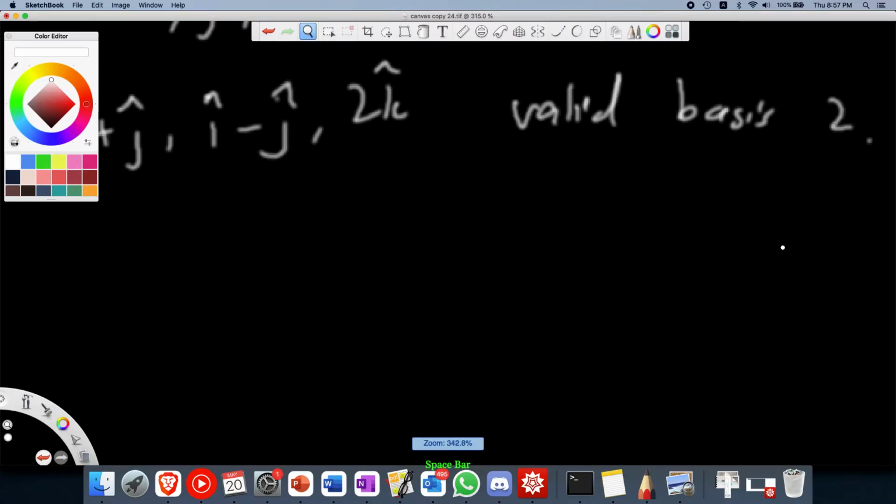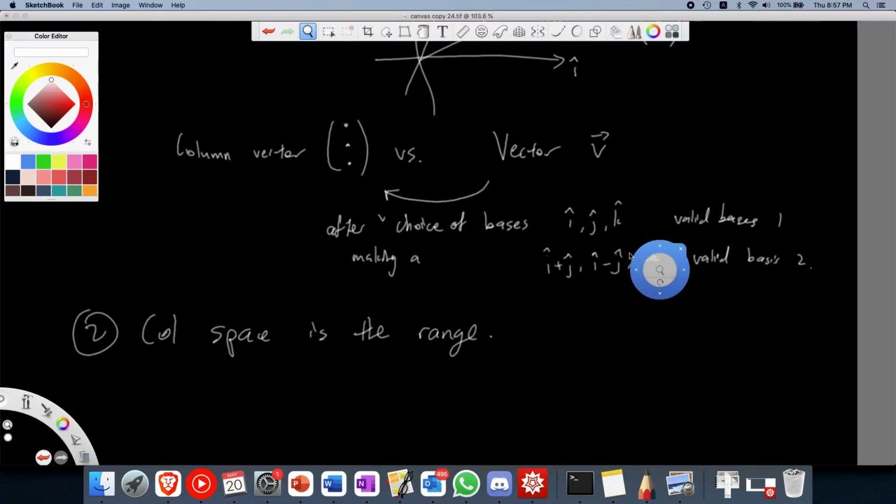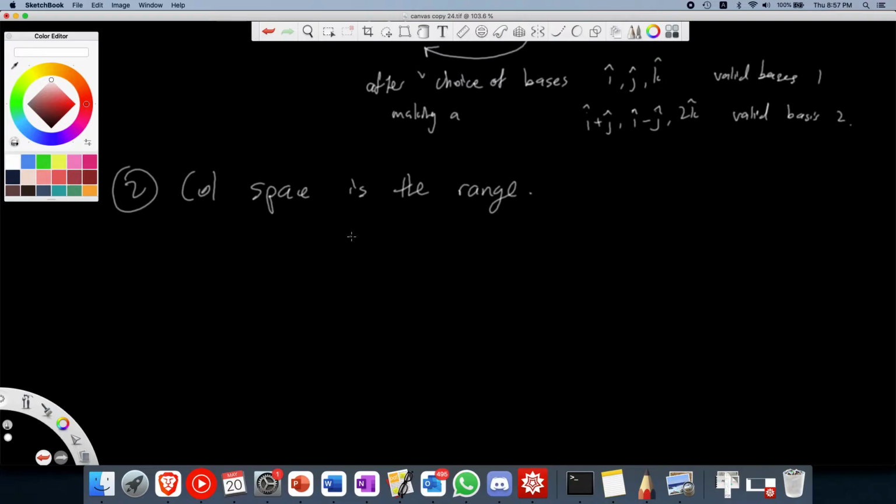Okay, what does the range mean in the first place? Range means that we know that A is a matrix. Matrix A is a map from Rn to Rm, right? Now, by purely the fact that A takes in any vector, any column vector in Rn, it means that we imagine